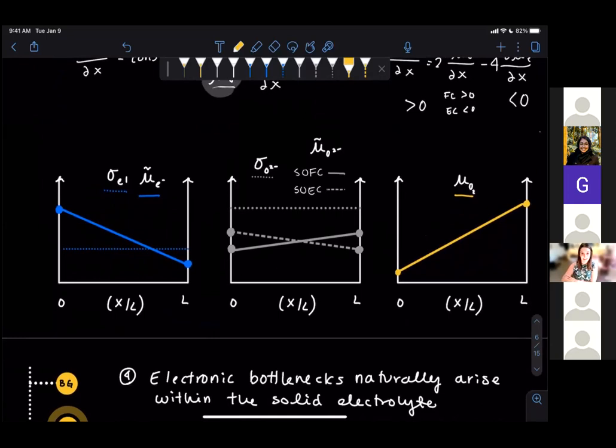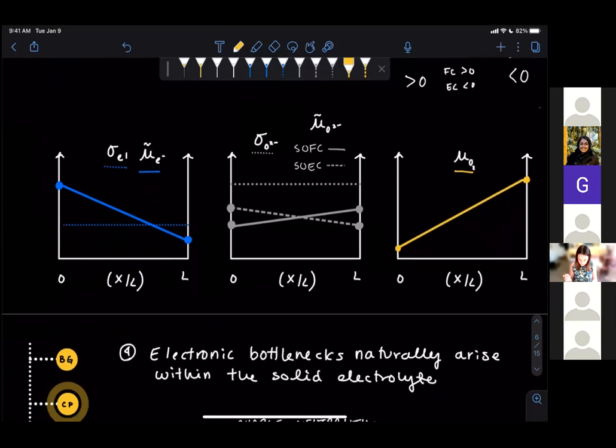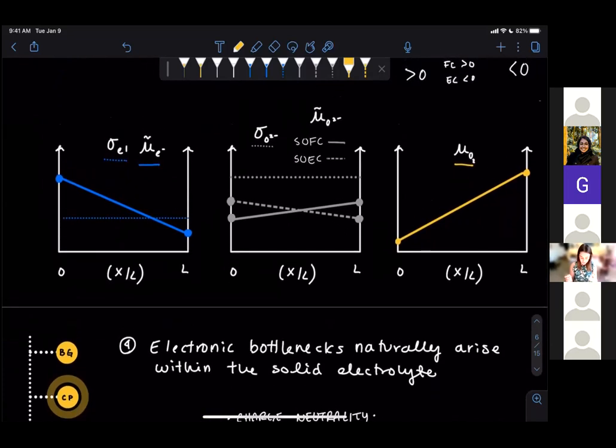is, well, it's probably a misnomer to say that I can think of it. This was not immediately apparent to me, but electronic bottlenecks naturally arise within the solid electrolyte. When I say electronic bottlenecks, it's just a local place where the conductivity of electrons is lower. And this can happen just because you are changing the majority carrier of that electronic conductivity. I mentioned before, when we talk about electronic conductivity, sigma EL, that's going to be comprised of the electrons' conductivity